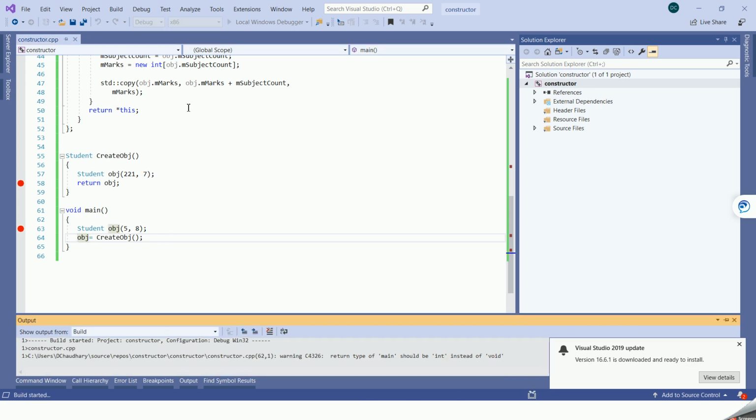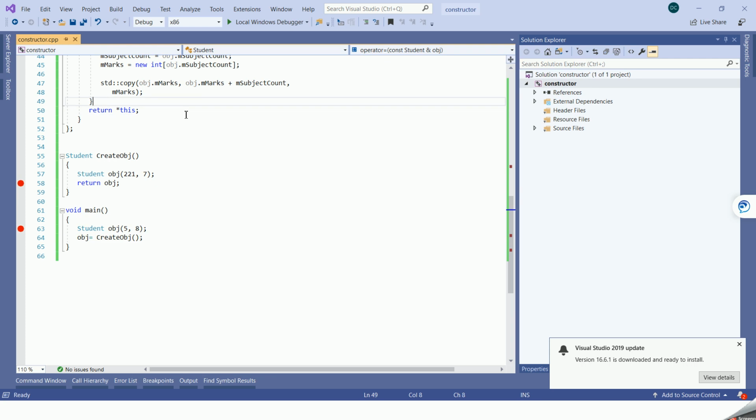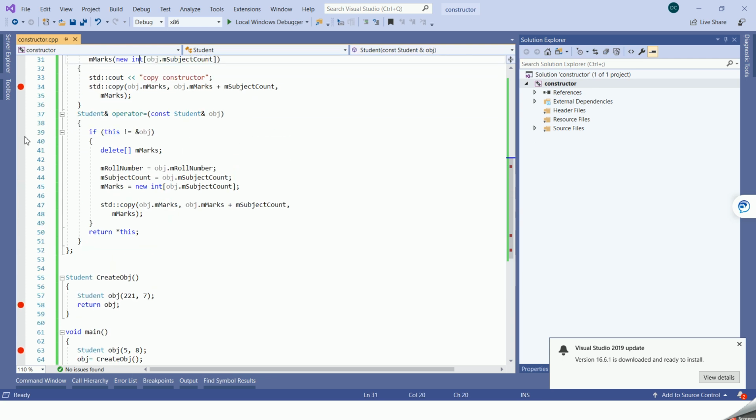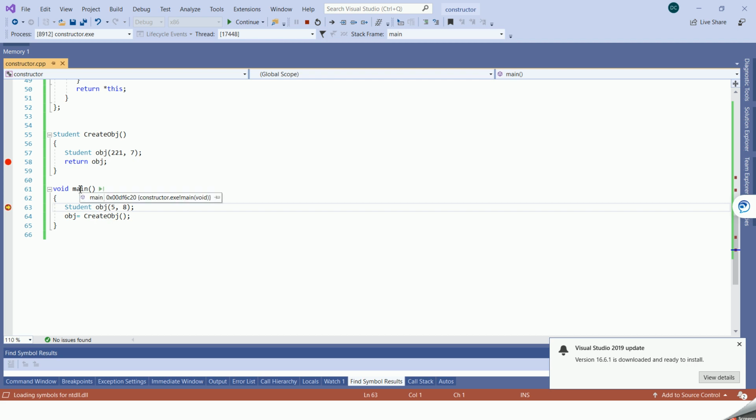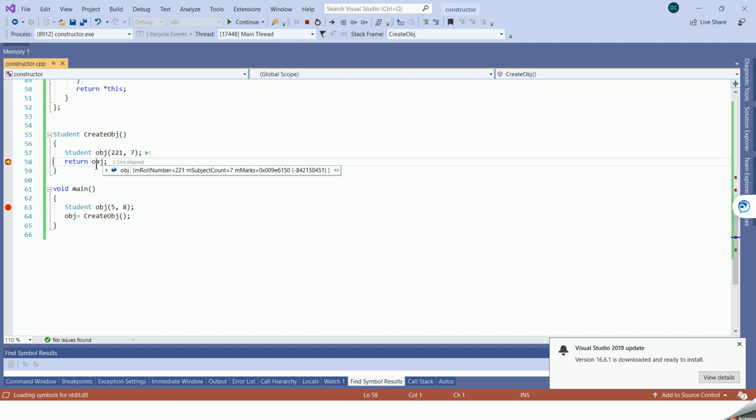So again we'll run this program, and we'll put a breakpoint in the assignment operator. So I'll run this program. Now our control is at main, and then we'll move to the next line. When it comes to the next line, it is calling this function, so the object is created, and now it is returning.